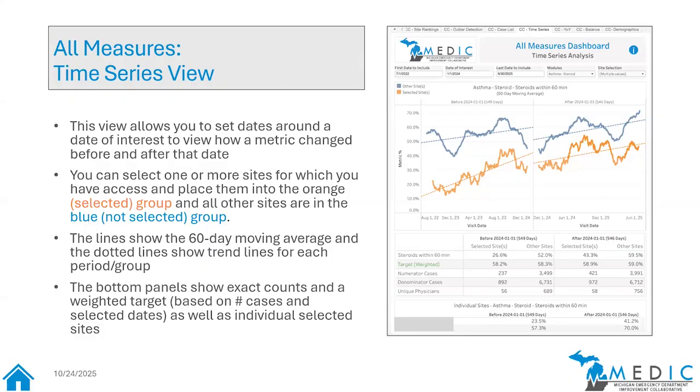I want to see what's happening before and afterwards. And so that's the purpose of this particular view. And then as you click through the buttons here, you can split it out by whatever dates you want, and then start to look at the individual. I think you can look at the individual month numbers at the bottom too.